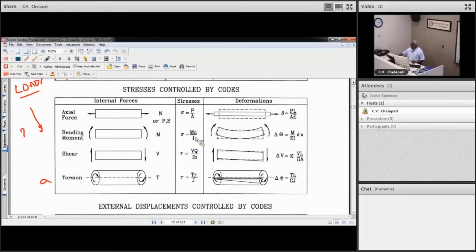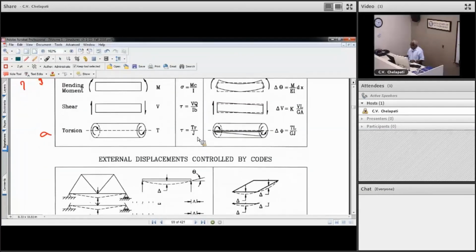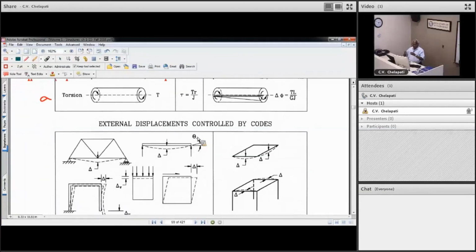You have a structure, you have the internal forces and internal deformations, and each member will extend or contract, depending on the stresses. If you take a truss, you have to compute its deflection, how much it is, and the codes will tell you it can't be more than a certain number. So you have to find the displacements. There are limits on the displacements in the code.